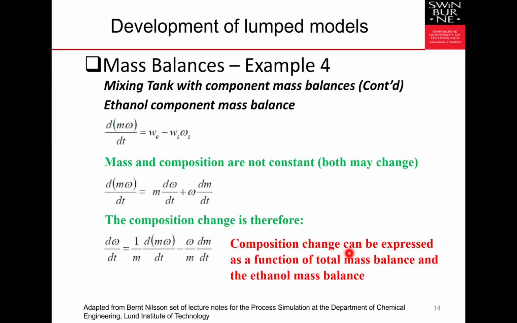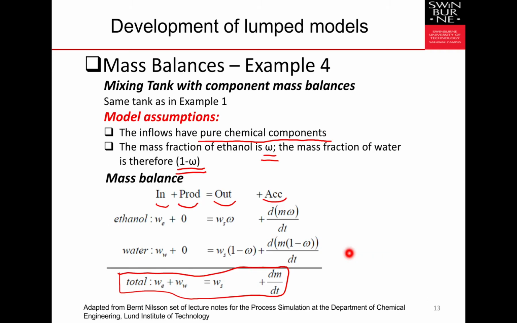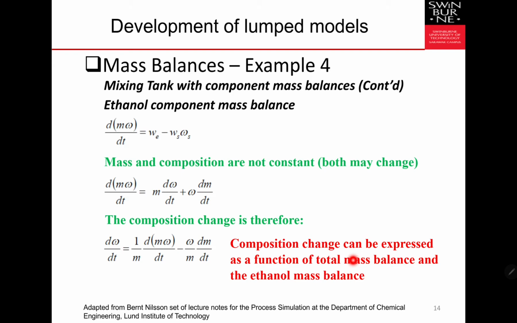Then we can inspect the ethanol component mass balance, or what you see in here. Okay, this particular expression in here. If we see that component in here, and especially the first term in here, we look in the system, then we know that the mass within the system and the mass fraction of ethanol are not constant. So this M and this omega may change as functions of time. So we need to use a chain rule to basically break this down and get these expressions in here.